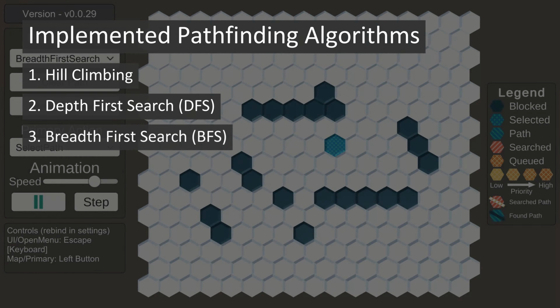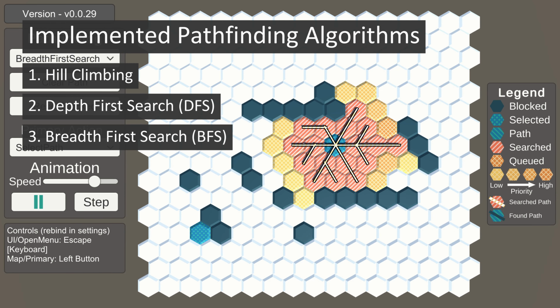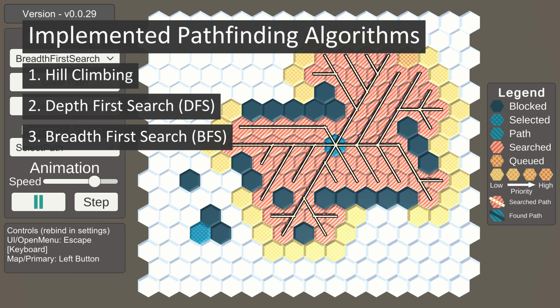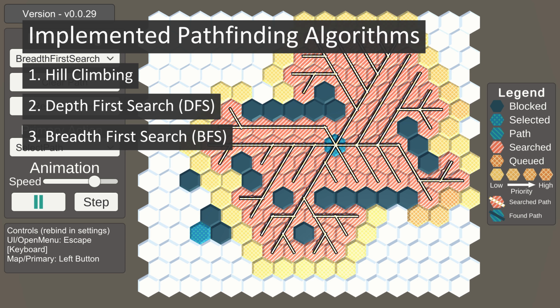3. Breadth-first search, which was discussed briefly earlier, adds adjacent locations to search using a queue which follows a first in, first out rule, leading to this elegant branching structure that grows out evenly in all directions from the source.